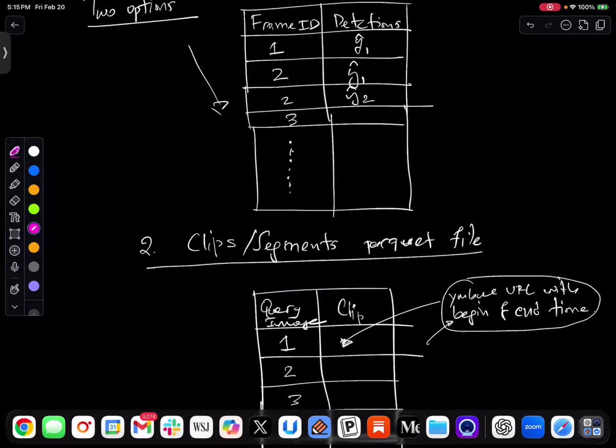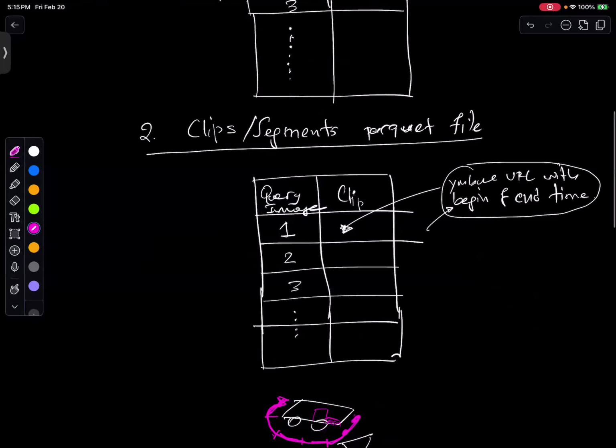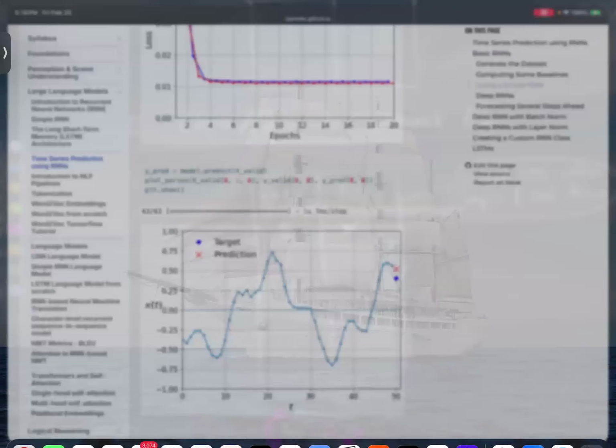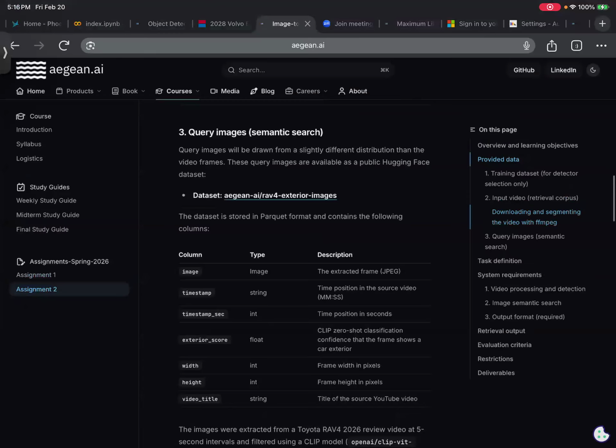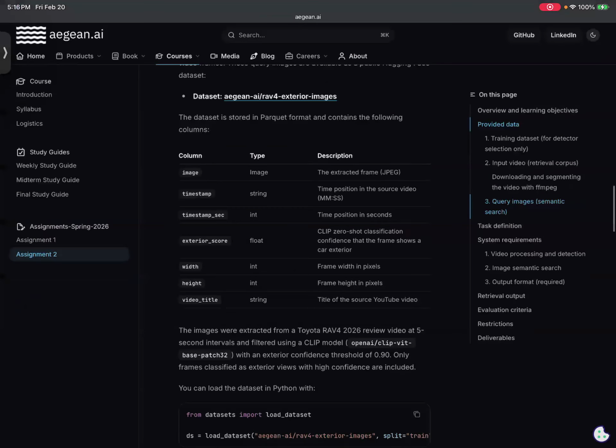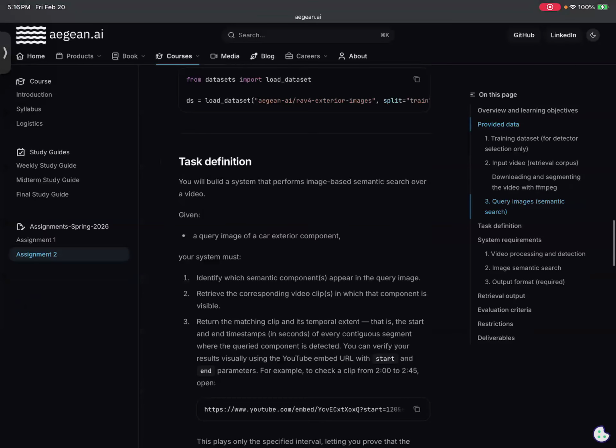Okay, not necessarily the segments, but we can add that too. Oh yeah. Okay. But the segments, I mean, for every query image, you need to tell me the segment, right? So if you want to store it in some other way, that's fine too. But I thought I was asking something too. Okay, let me see. Maybe I'm myself forgetting. Okay, so here's your query images, right? And so what I'm asking here is,